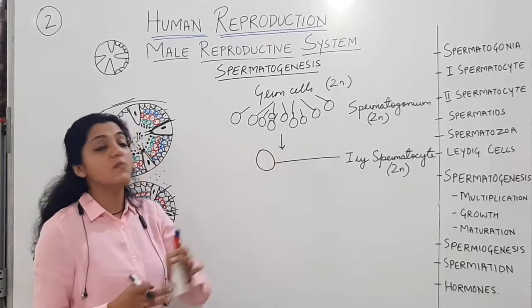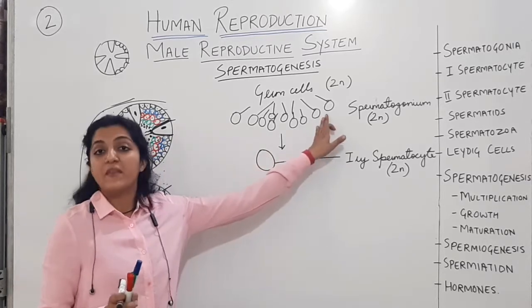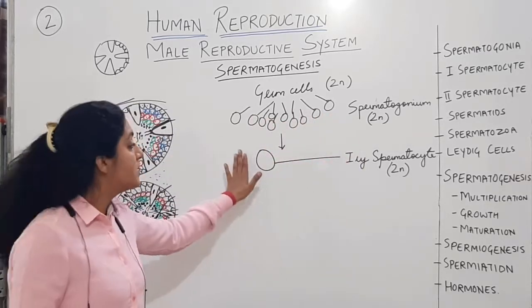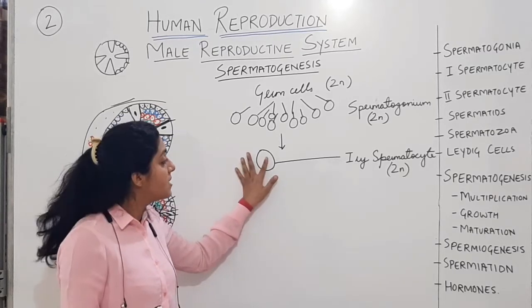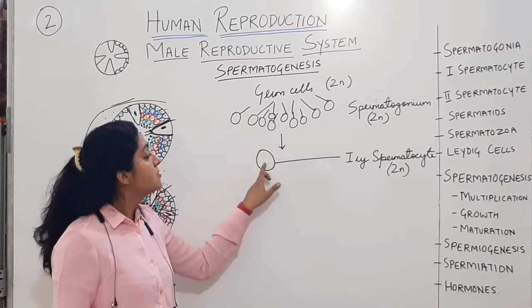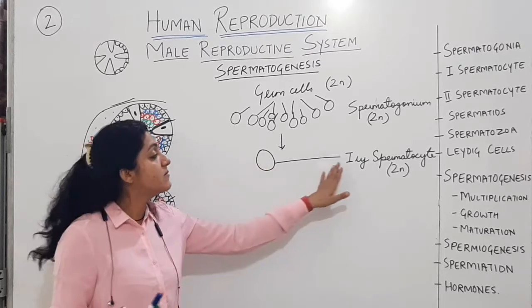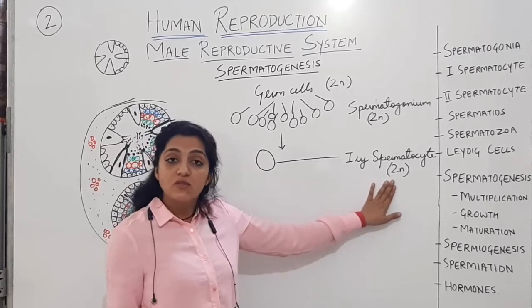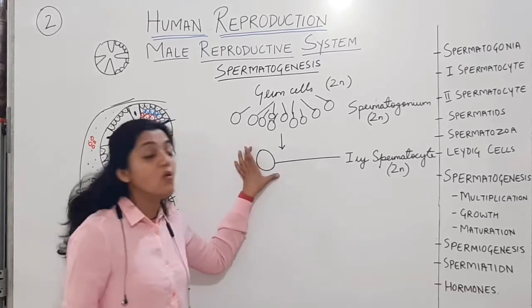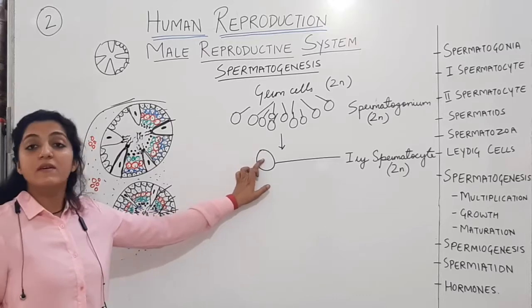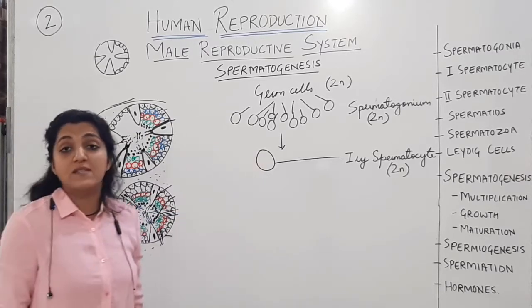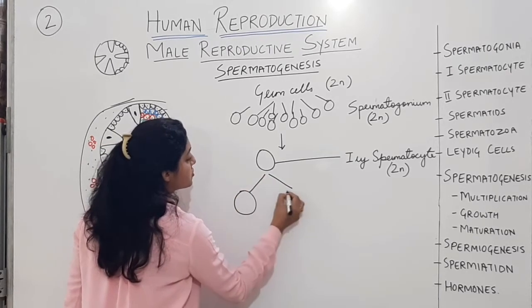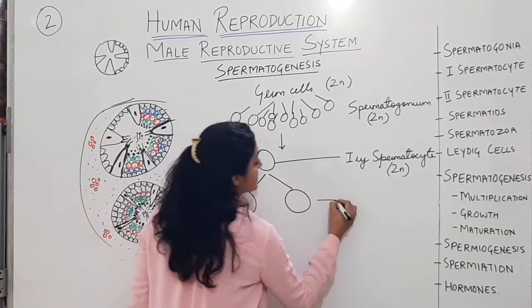Now we have taken one spermatogonium over here out of these many. But simultaneously these many undergo division. Alright. For teaching you, for making you understand, we are taking one spermatogonium over here, which grows in size and forms the first primary spermatocyte. Now the genetic constitution is same, only thing is it has grown in size. Now this primary spermatocyte undergoes meiosis, and it forms two secondary spermatocytes.